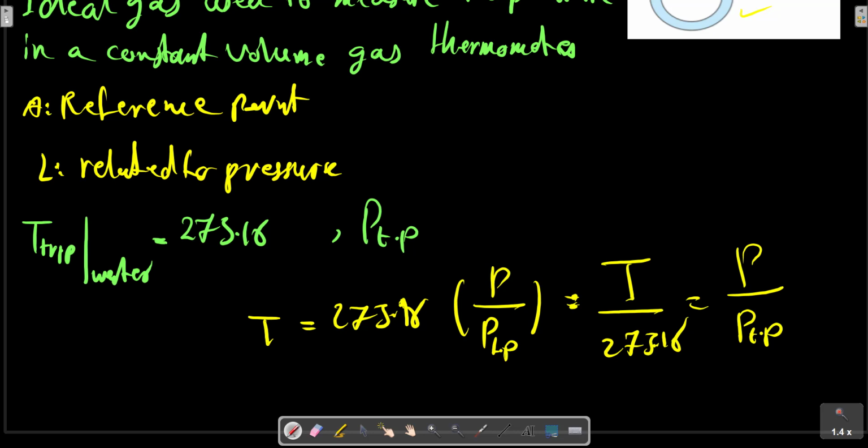From a practical point of view, we have the problem that no gas behaves exactly like an ideal gas. However, we do know that as the pressure approaches zero, the behavior of all gases approaches that of an ideal gas. Suppose then that a series of measurements is made with varying amounts of gas in the gas bulb. This means that the pressure measured at the triple point and also the pressure at any other temperature, as shown in this relation,